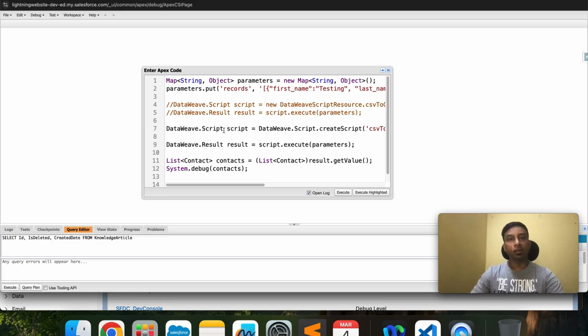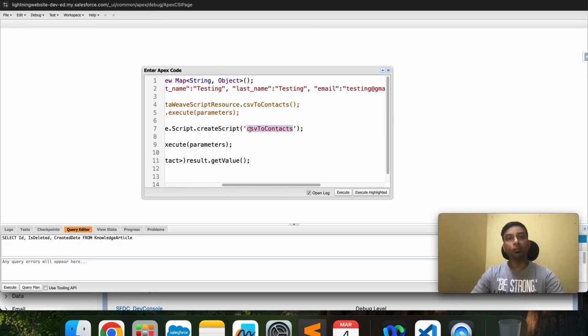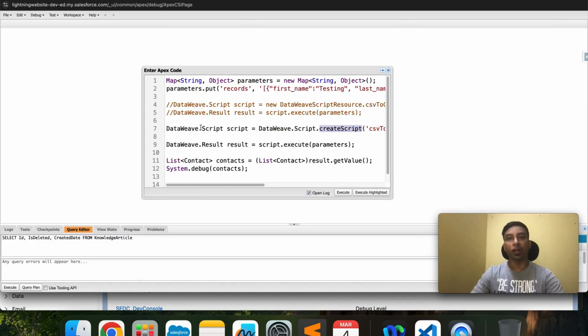Now what I have done is I have used this particular class, which is DataWeave.Script. Under DataWeave.Script, we have a method called createScript, where we need to pass the DataWeave file name that we have given. So this loads the file. Once we have loaded the file, we have to use the execute method, and there we need to pass this parameter. And once we pass the parameter, the results that this DataWeave expression returns get stored in the